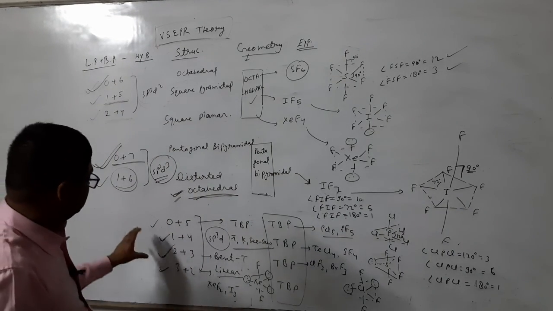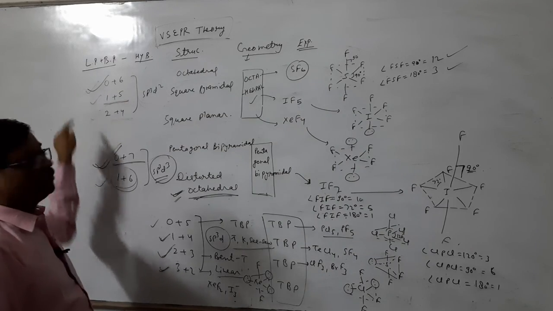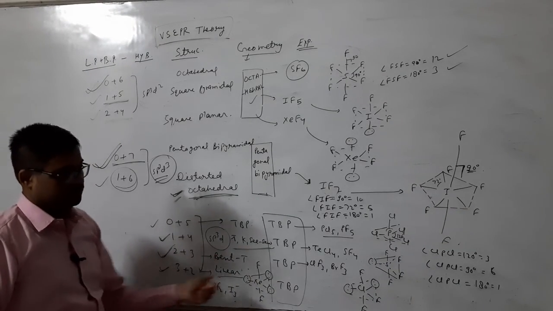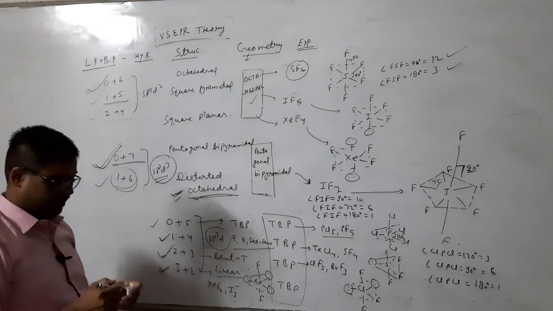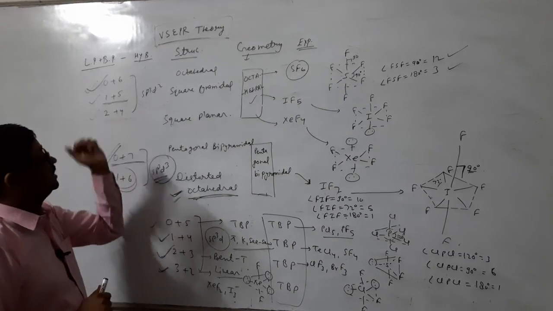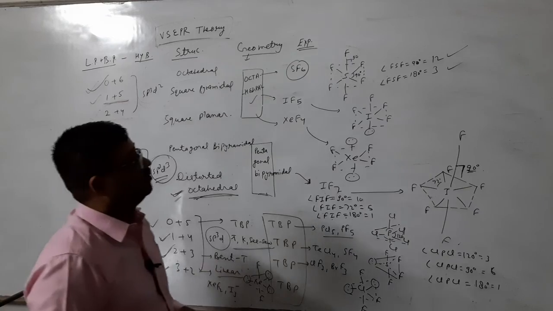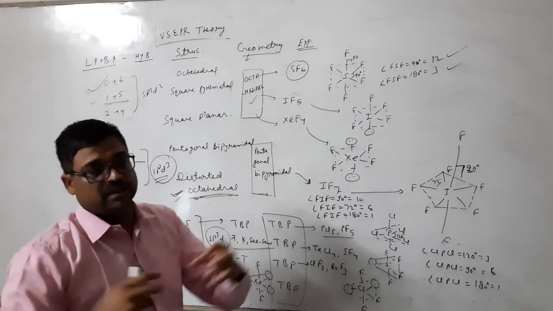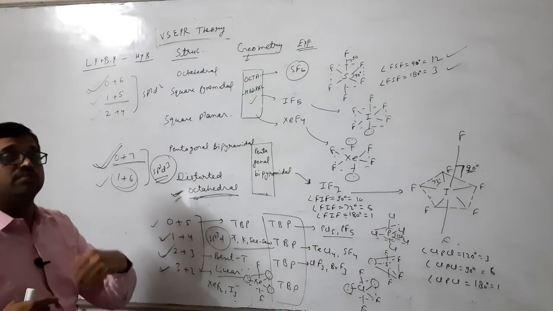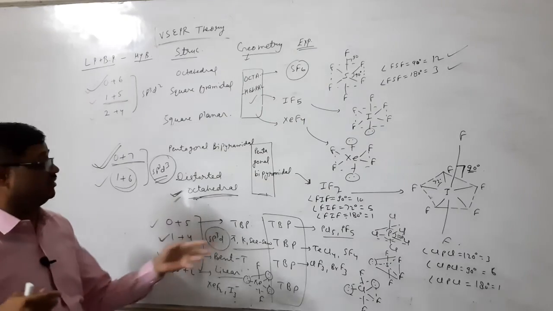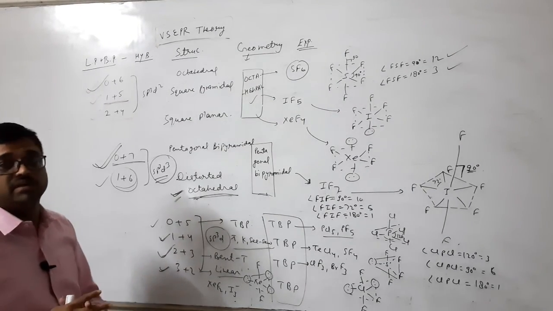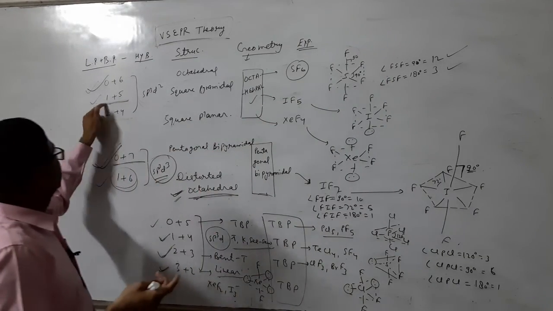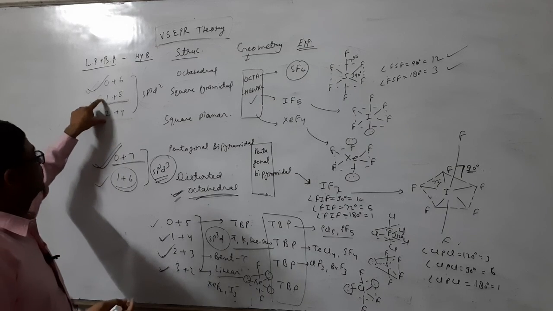Now you can understand that I have taken 2 lone pairs, maximum 2. But in TBP I can take 3 because it is trigonal, so I can accommodate a maximum of 3 lone pairs. But here I can accommodate only 2 lone pairs. Why? Because in this octahedral structure, the axial distance is more than the equatorial. So the lone pair can be accommodated on the axial position rather than the equatorial position, so that the molecule can be stabilized more. That's why, as we have only 2 axial positions, we can accommodate a maximum of 2 lone pairs. So the cases will be these 2 only.